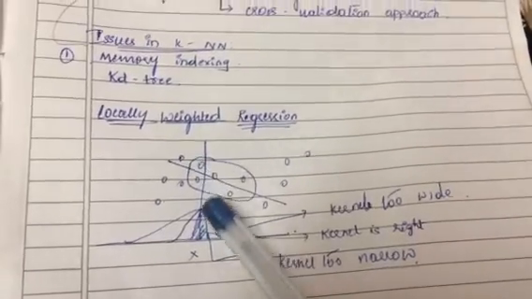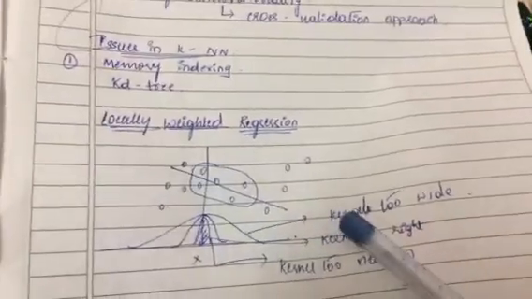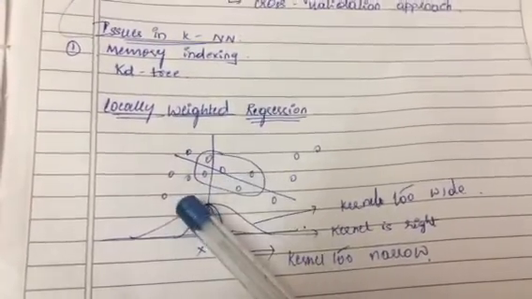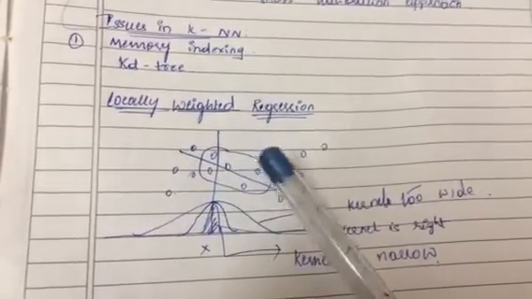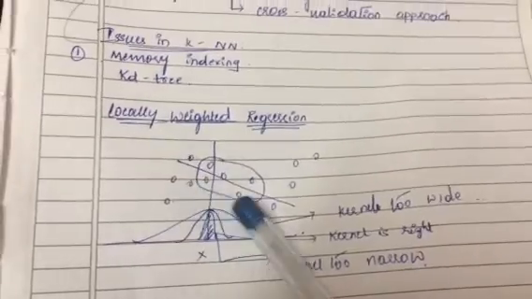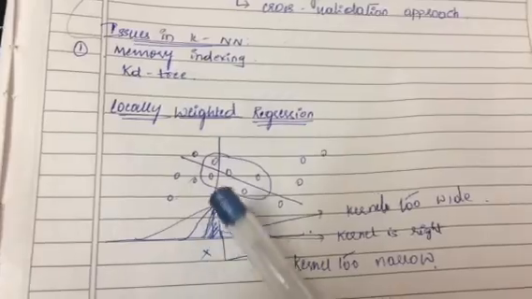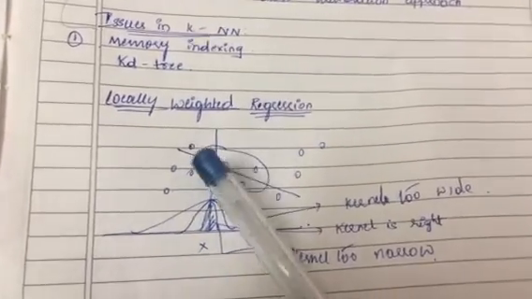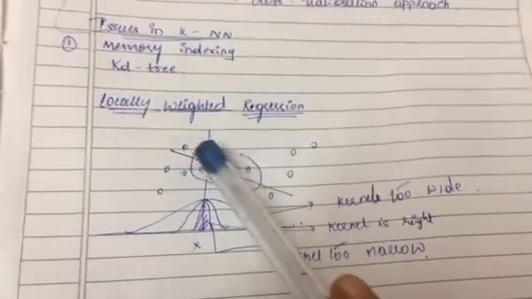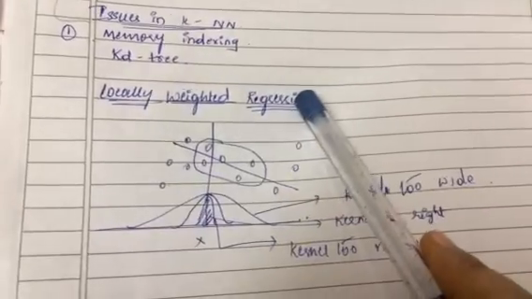Now this X indicates the query point that is drawn here, and this linear line, if we apply linear regression, is just to show that it is not performing a correct classification. So that's why we went for a locally weighted regression, where we are considering a certain area near a query point. Since X is the query point I have considered here, the nearest neighbors near to the query point are considered and form a local area. That's why the name locally weighted regression.